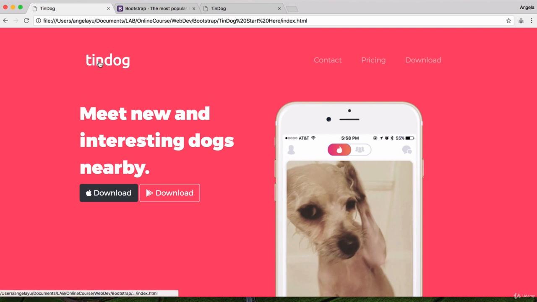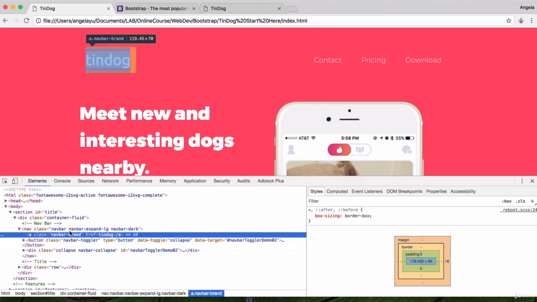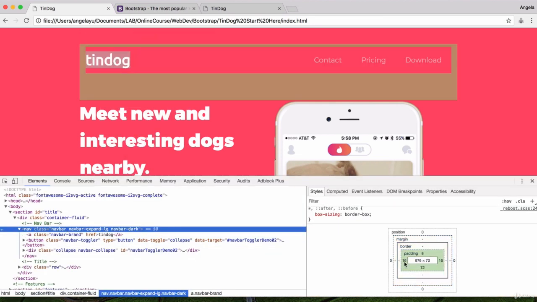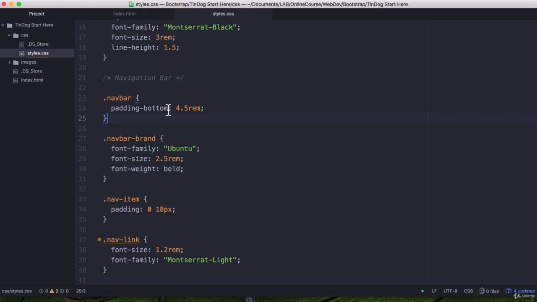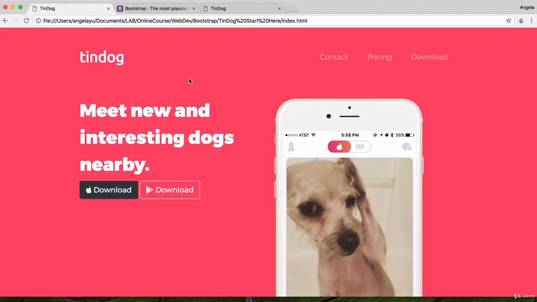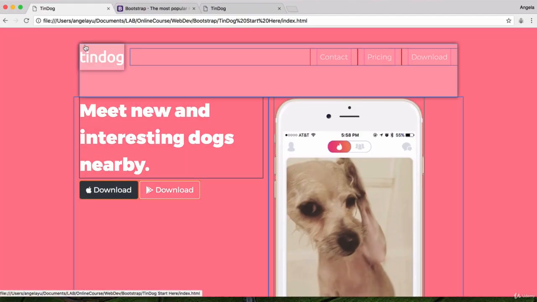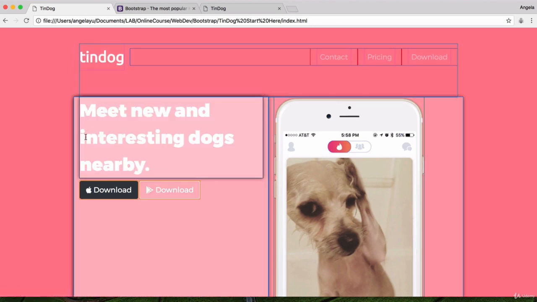And I suspect the reason, if we inspect on this, is that the nav bar actually has some padding in addition to the padding bottom that we added. So let's try and get rid of this padding, which probably came from the Bootstrap element. We can do that by, instead of using padding bottom, adding padding and then 0 to the top, 0 to the left and right, and 4.5 rem to the bottom only. So now if we refresh, you can see that our navbar brand now aligns perfectly with our title text and